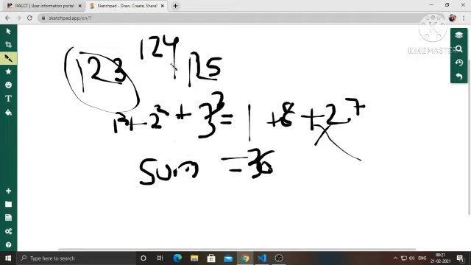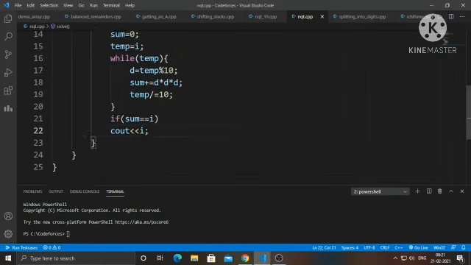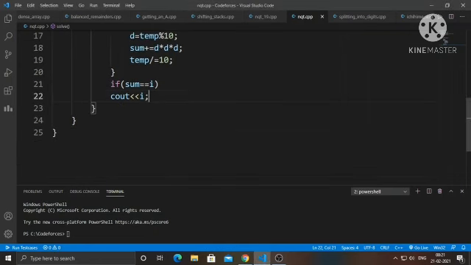That's why at each iteration we are making sum equal to 0, so a new sum is stored in the sum variable and we can check it with the number itself. So you have understood. This is the function part, and then I will call this function in main.